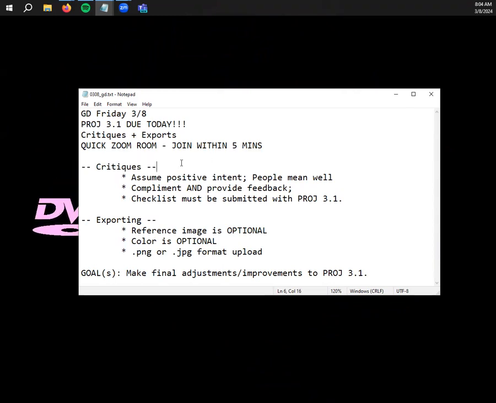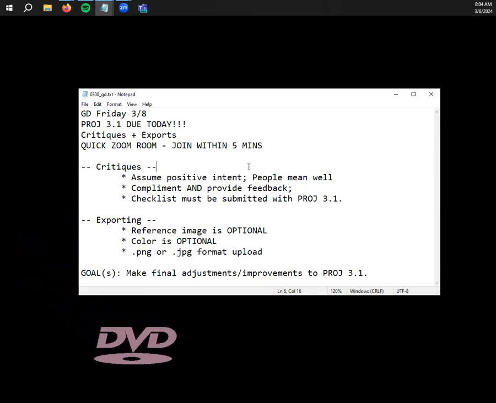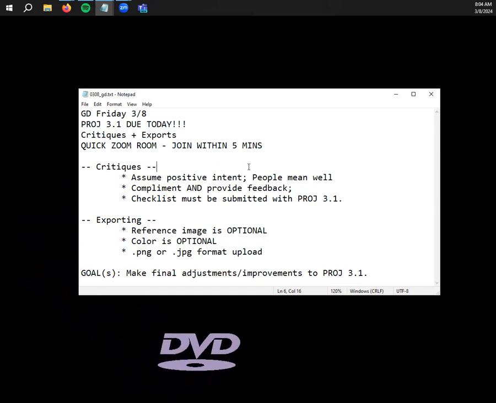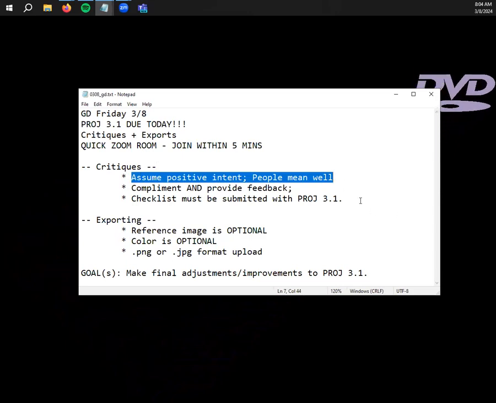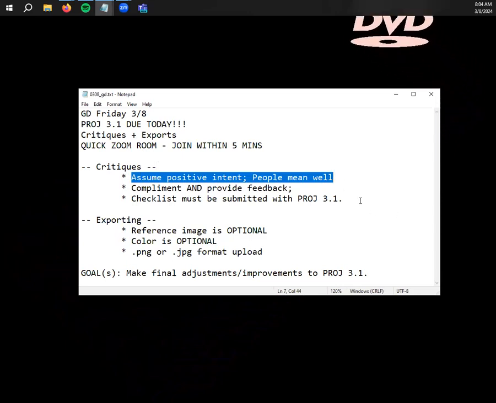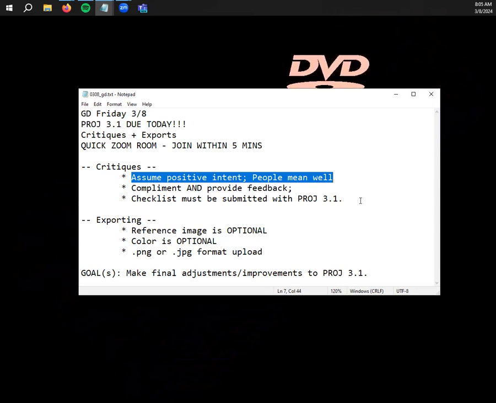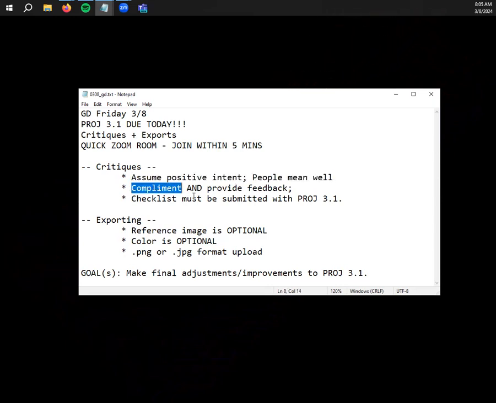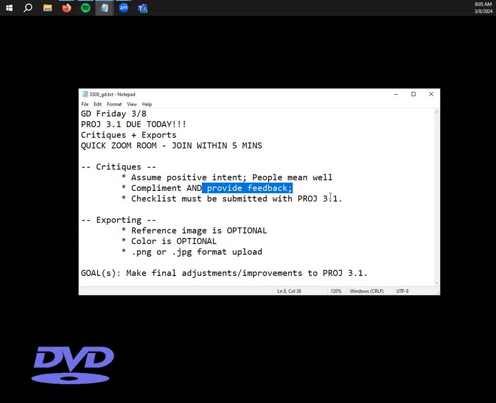You should be providing feedback on the things that you can improve or the things that you could try differently in your own work as well as in your classmates' work. The idea of assuming positive intent is the first bullet point I have here. We mean well. People aren't trying to be mean, and if they are, we'll have a different conversation. You want to compliment their design and their work, because you know how much work you've done on yours. They've done a similar amount for a totally different animal, so your approaches are different. So compliment their process and also provide feedback.